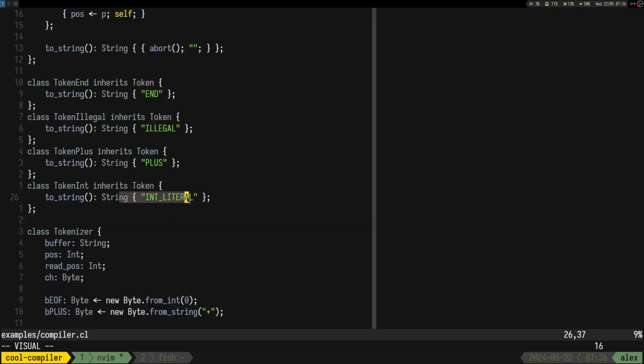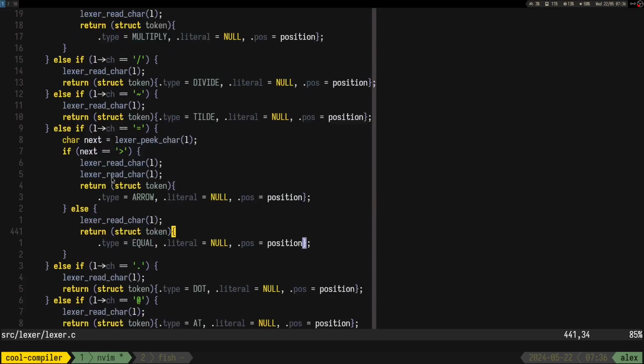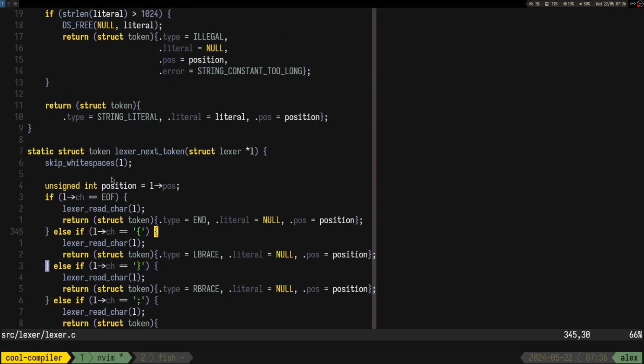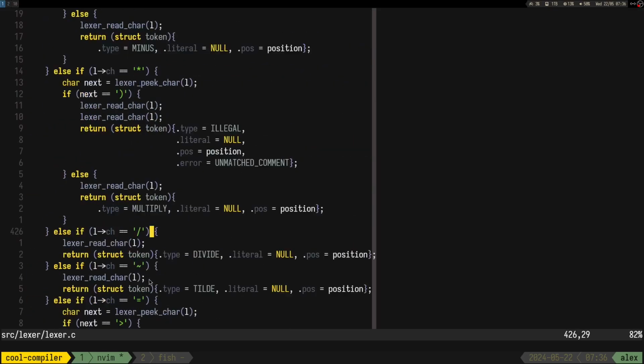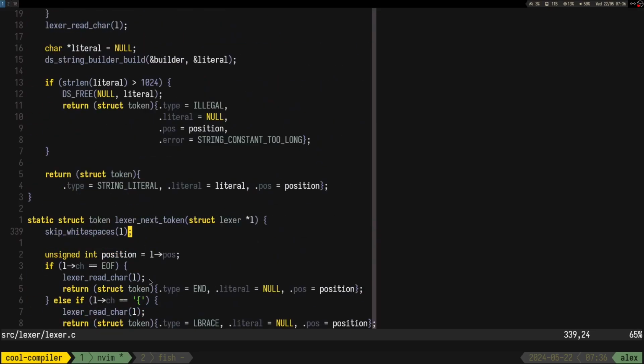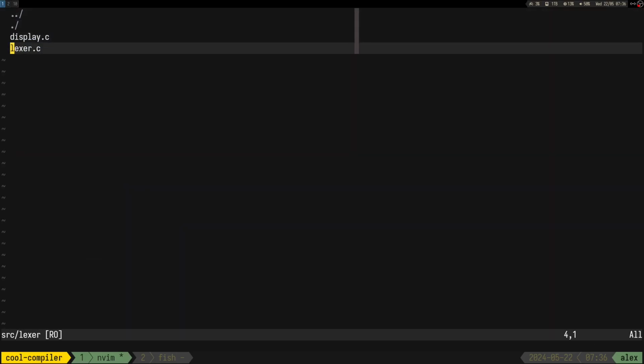I don't remember how I printed this thing though. That was interesting. So it's like just return the tokens. I don't remember, maybe it's in display.